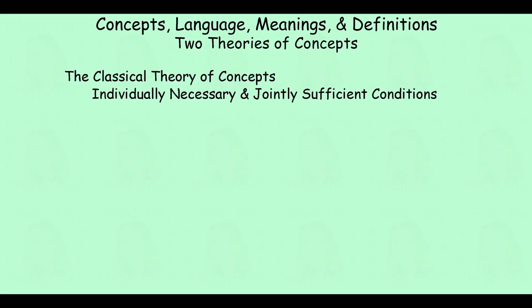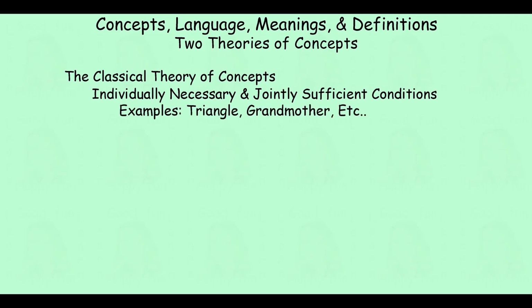In this lecture module, we'll pivot to discussing the two theories of concepts that frame our discussion in the chapter. We'll begin with the classical theory of concepts. We'll note that the classical theory of concepts holds that someone possesses a concept only in those cases where they have knowledge of a set of individually necessary and jointly sufficient conditions that are determinative of membership in the class